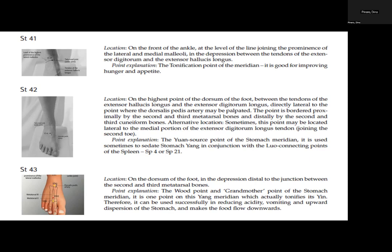This point is the source point of the stomach meridian. It is used sometimes to sedate stomach yang in conjunction with the loop connecting points of the spleen, which is the spleen 4 or spleen 21. Next point, we have the stomach 43,